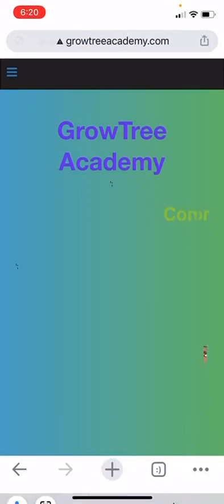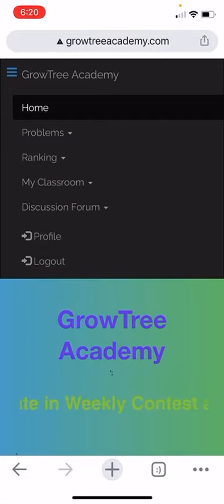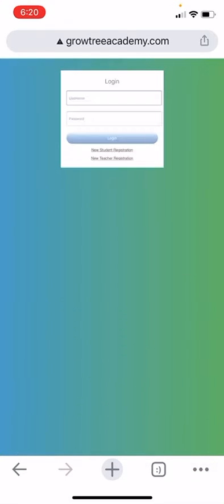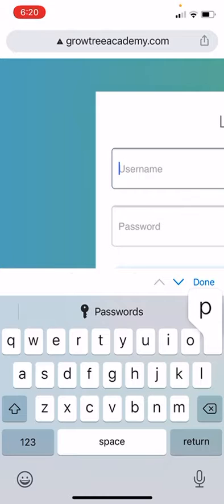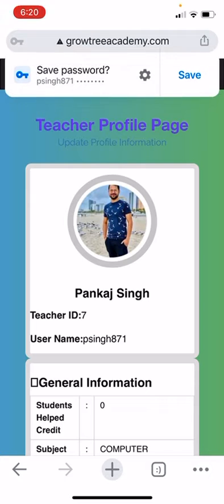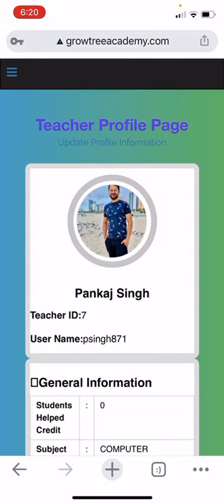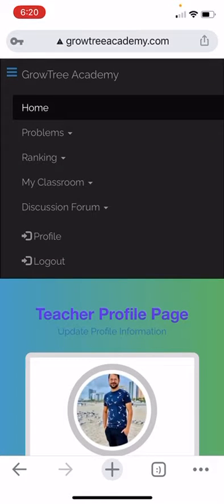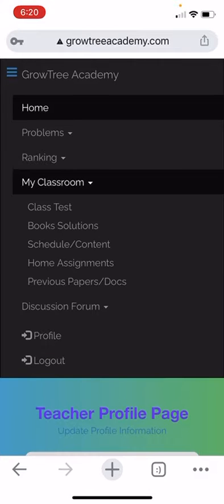To this website and log in with your registered teacher account. I guess we already covered how to register as a teacher. So you go and log in with your username, password, and okay, now to create a new test you have to go to my classroom and go to class test,